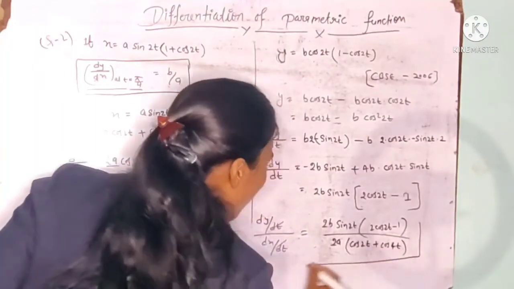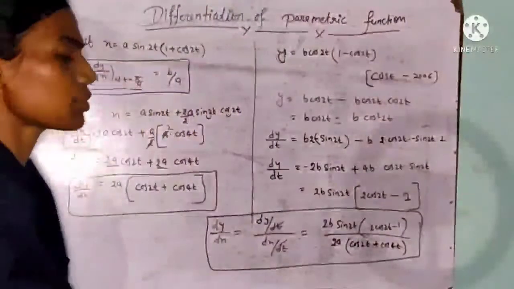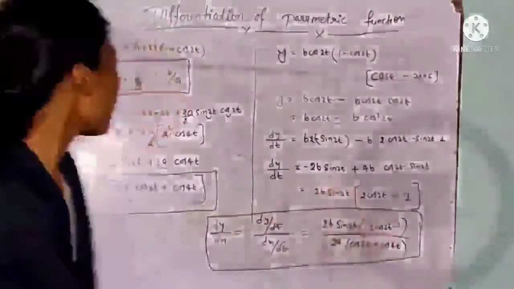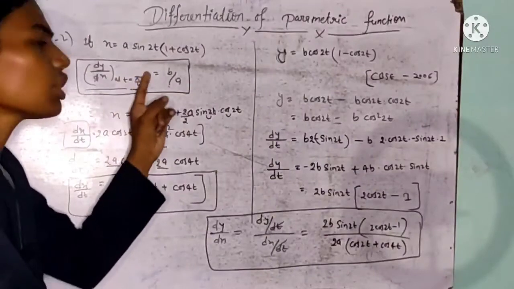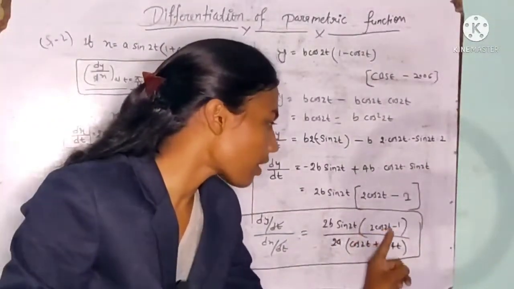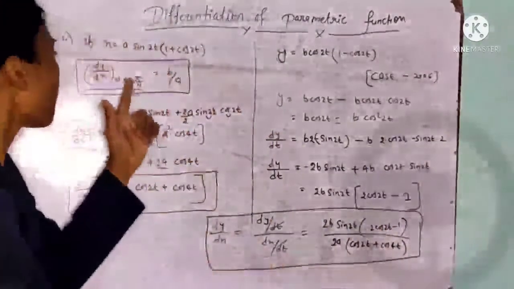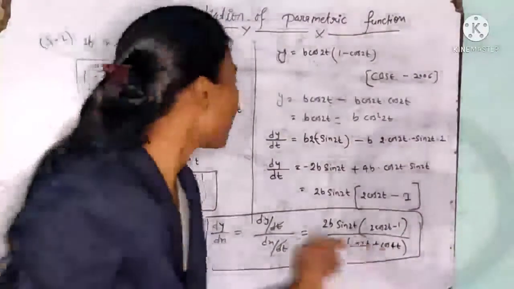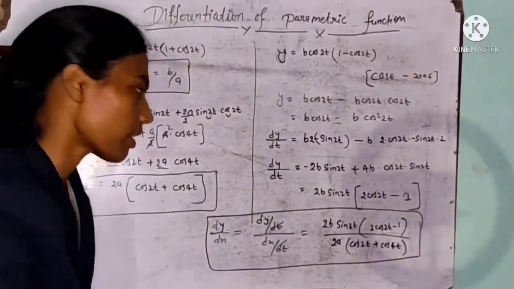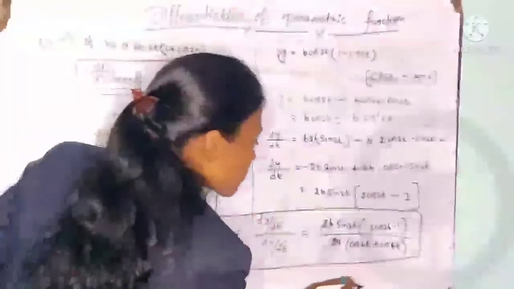So see, finally we find dy by dx. I hope up to this you can understand. Here we can arrange, otherwise directly we substitute t equal to pi by 4. If we substitute t equal to pi by 4, everywhere we have t, there we substitute pi by 4. Then finally we get b by a, because b is upper and a is lower. Now 2 gets cancelled. So now I just substitute here, you see.